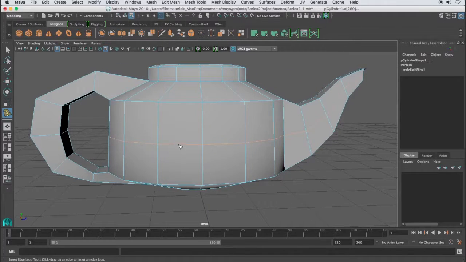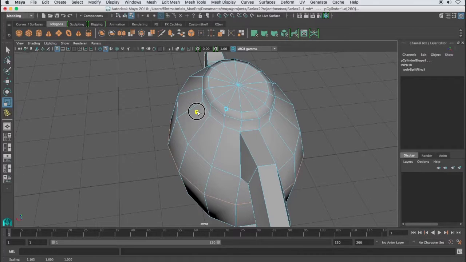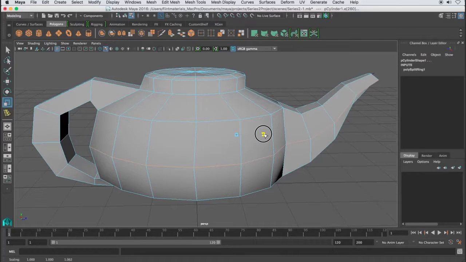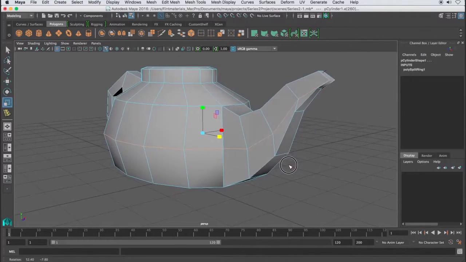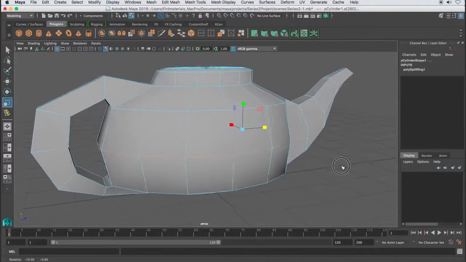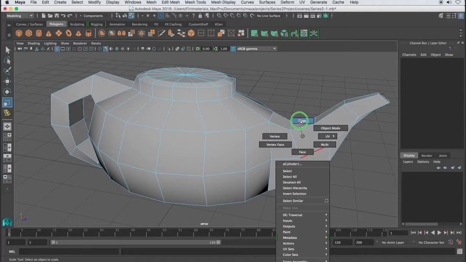Now notice it's orange, it's still selected, so I could go in and I could hit R, and I could go ahead and begin scaling that out to round it out some. I didn't like that so much, but you get the idea. What I'll probably do is go back and